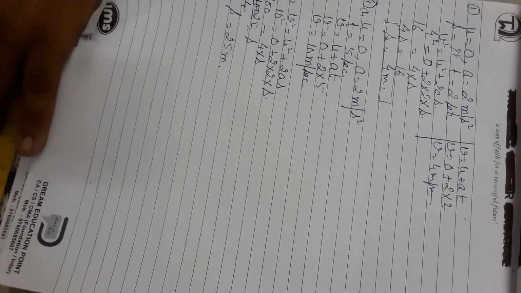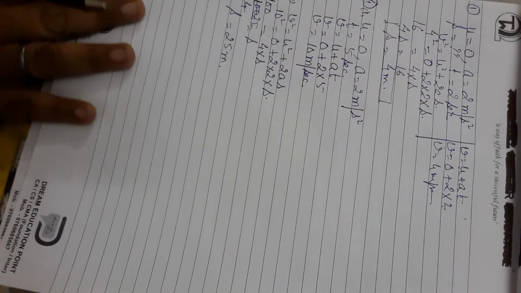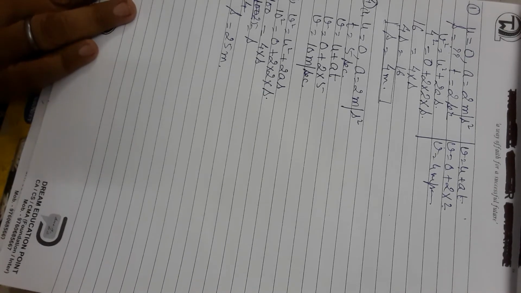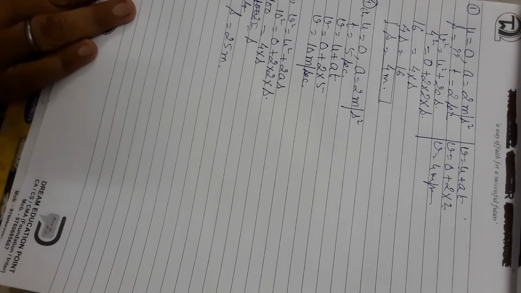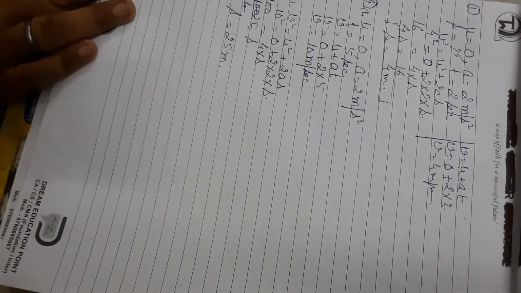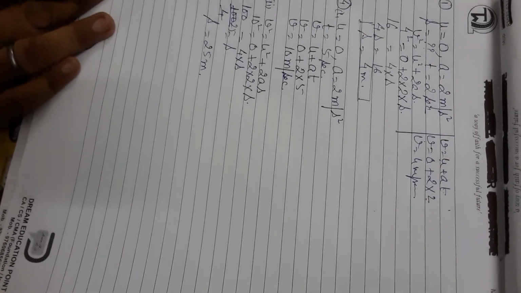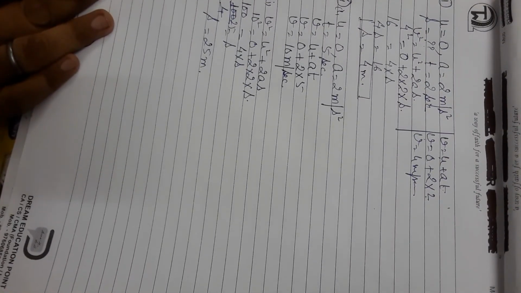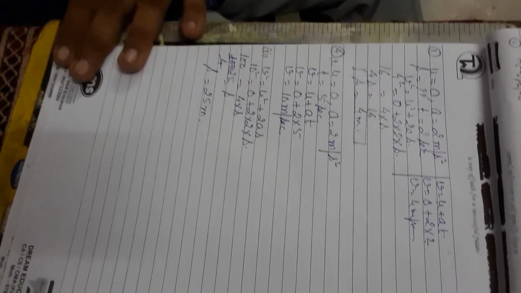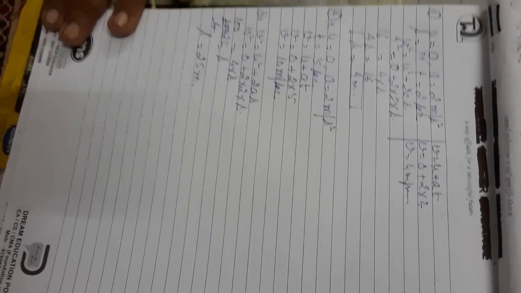Check the answer. Correct. So students, we have done these numericals. The rest you try. Any problem, any question you find difficult, you ask. Next class, do these numericals in your fair copy, unsolved and solved. The theoretical questions you learn from the book, although they have given the answers with the questions. And you can call me on my personal number if you have any query. Clear? So try these numericals, because unless you do it with your hand without seeing, you won't be able to answer. So it is necessary to do.